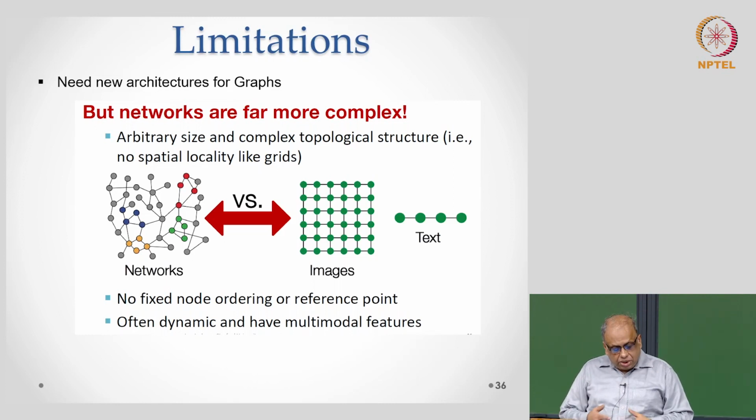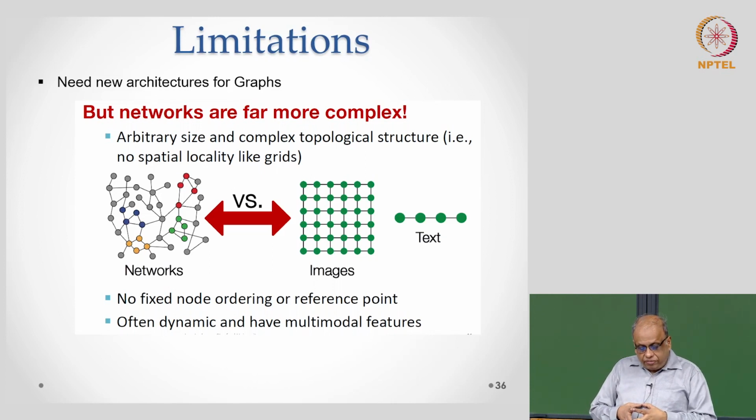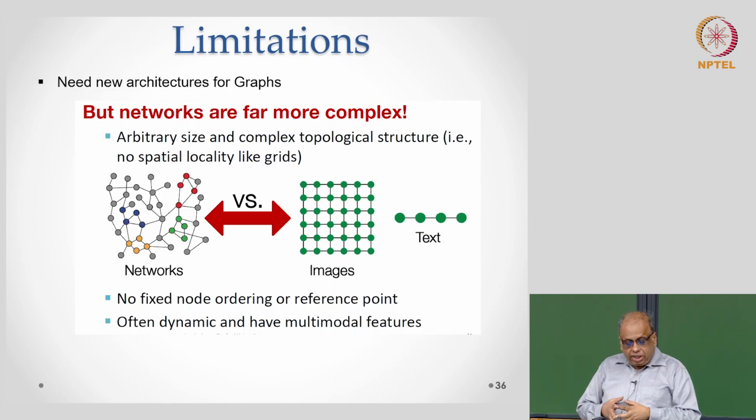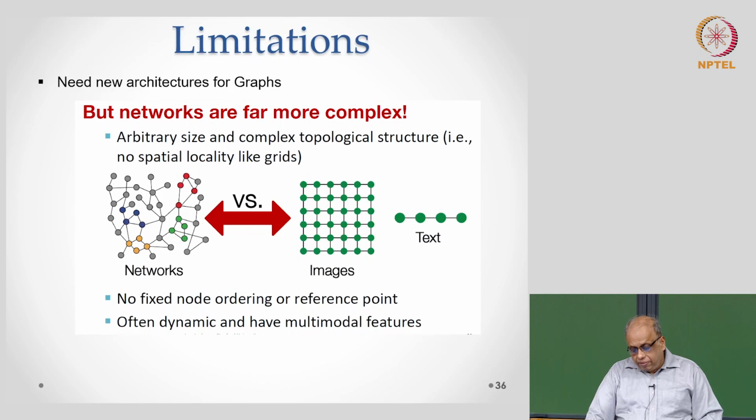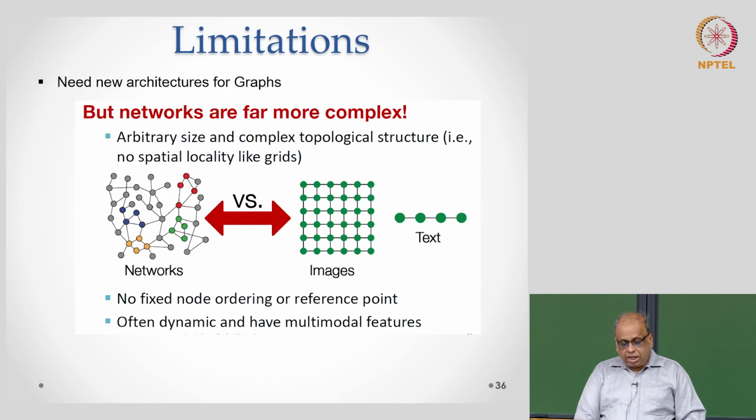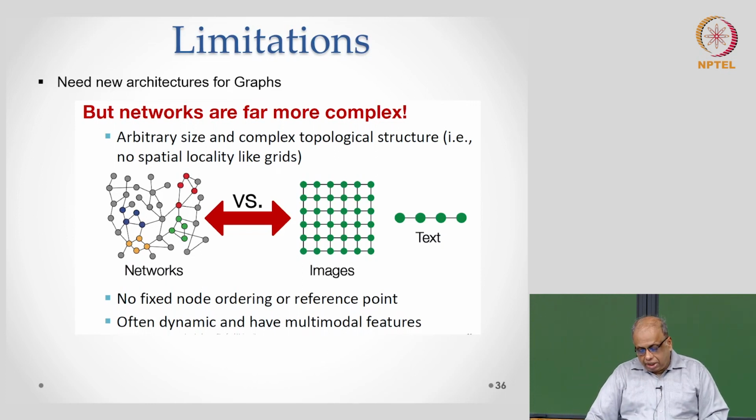Because which one is actually node 1, which one is node 2, that is not defined. So the problem with graphs is that there is no node ordering, and also it can have multiple features. It can have various kinds of multimodal features. Therefore, the traditional way of representing data does not work for graphs, and therefore we need